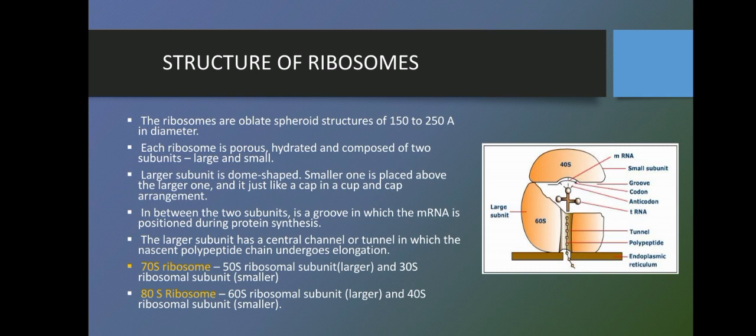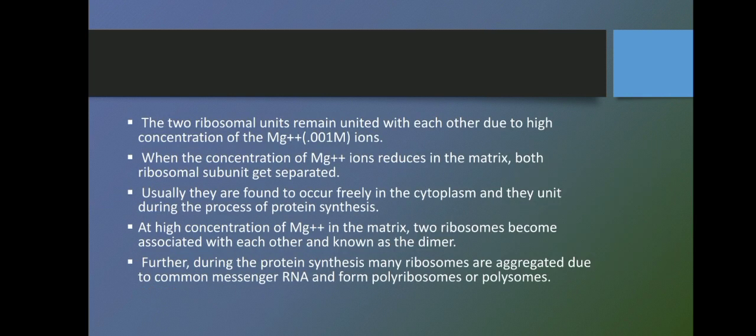17S ribosomes have a larger subunit 15S and a smaller subunit 13S, and the 18S ribosome has a larger one 16S and the smaller one 14S ribosomal subunit. The two ribosomal units remain united with each other due to the high concentration of magnesium ions. When the concentration of magnesium ion reduces in the matrix, both the ribosomal subunits get separated, and usually they are found to occur freely in the cytoplasm